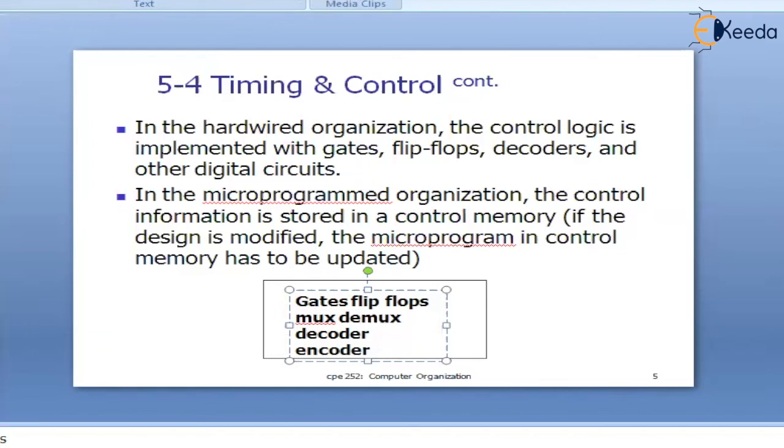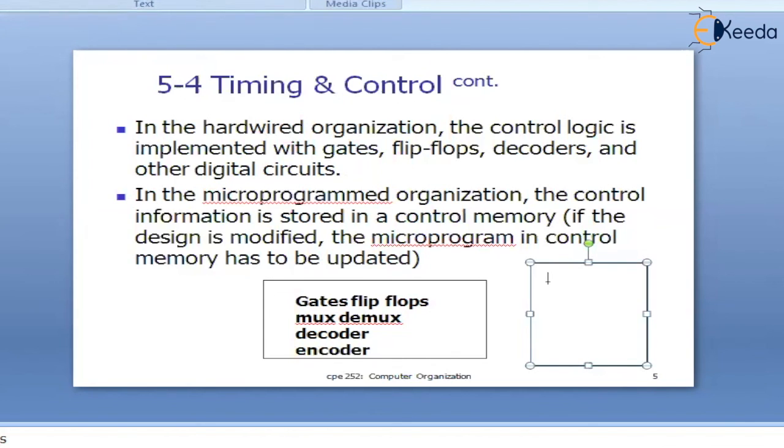What is the difference between a hard-wired control unit and a micro-programmed control unit? Let us stay focused. In the micro-programmed control unit, the control signals are programmed. All the control signals are realized by means of a program. For that, I don't require any hardware combination. I just require a place to store the programs, typically a ROM.